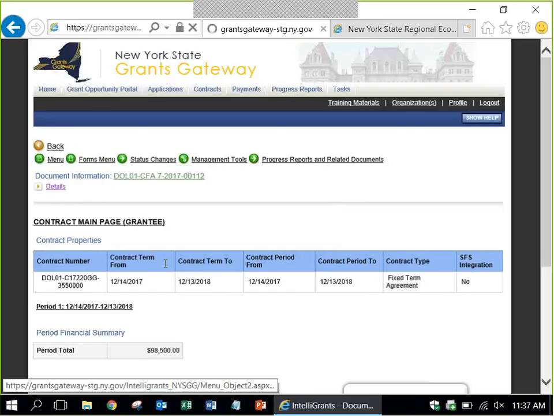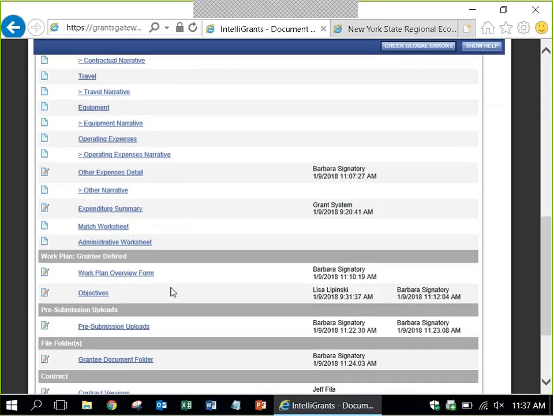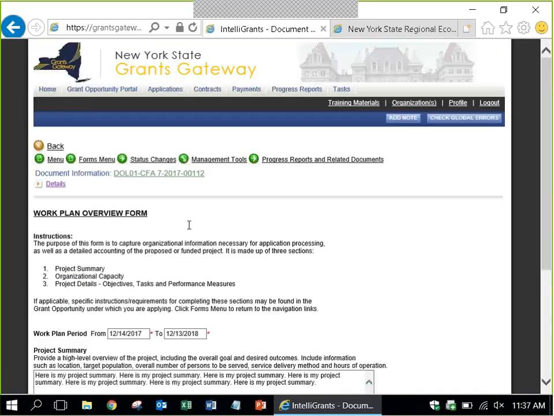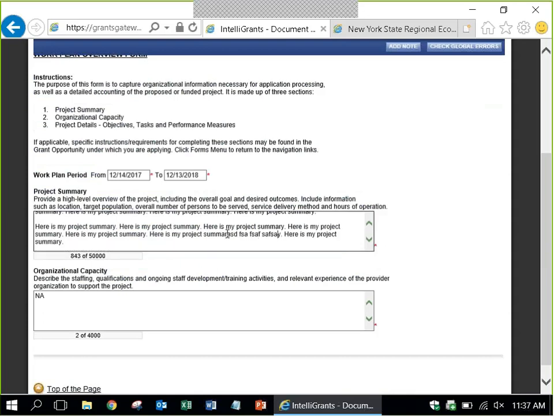I can go back to, let's say, the work plan, but I can't make any changes now. It's locked me out from making changes. You can see I can type in here. Doesn't matter. There's no save button. So when you send it back to your PM, you've locked your changes. Now, they may send it back to you and you can edit again, but right now I can't make any